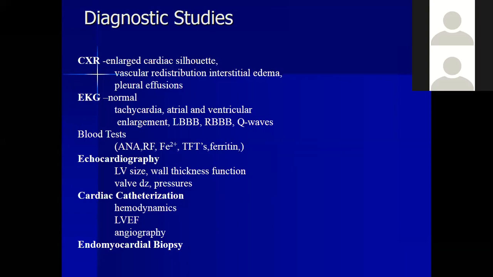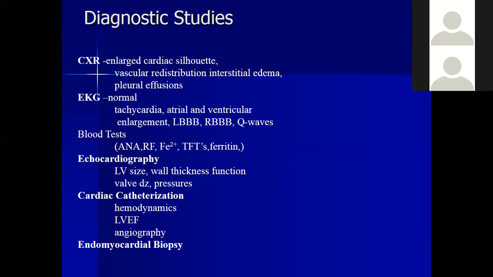ECG can be normal, can have a tachycardia, can have atrial fibrillation, can have a VT, can have an LBBB. Every kind of ECG you can see when you come into practice. Most important test is BNP. When you have to rule out any kind of failure, you do a BNP test.